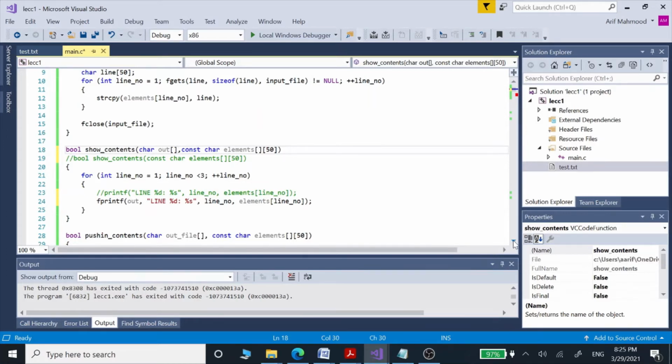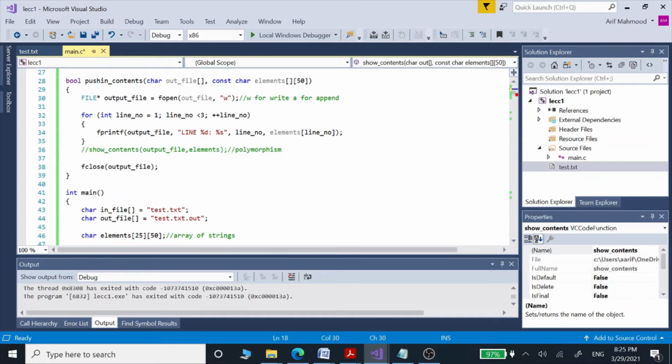So this is the way we have defined our second function, and now we are going to use this second function inside this third function to use the concept of our polymorphism. So we can skip out these lines and we can include this function. So now this function we are going to call here, this has actually two parameters. We are going to give it two arguments. First is this one, the file handle, and then we are going to give this the element array. So this is where we are going to call this function.